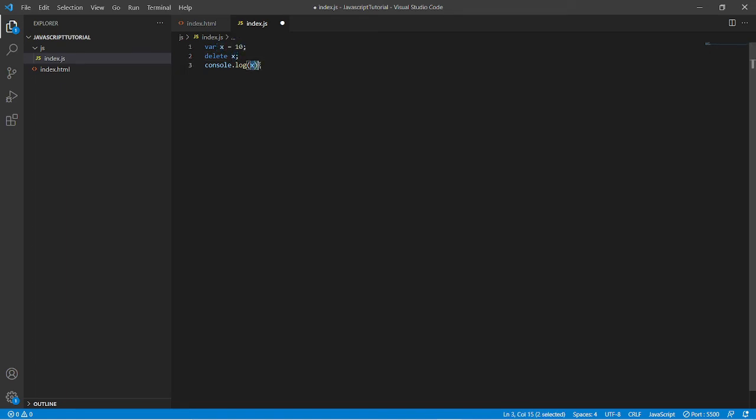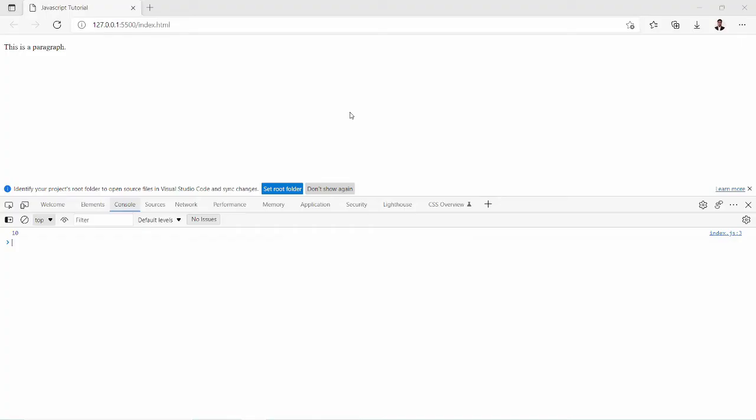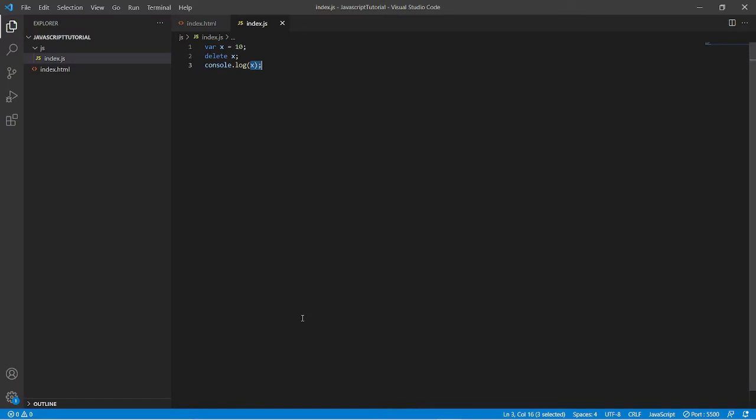So what will be printed here from line number 3? Let's see it. It is printing 10. Simple. It is printing 10. If I refresh the page, it is printing 10. So is it right or wrong? Let's check it. We cannot delete the variable, right? So it is printing 10, but it should print undefined. Now if I use strict